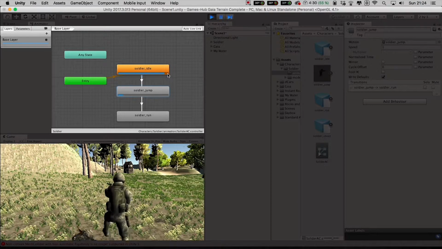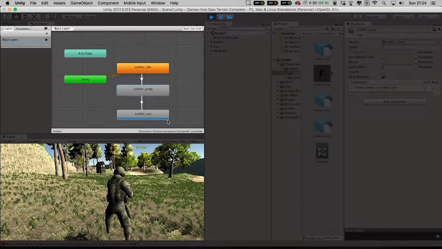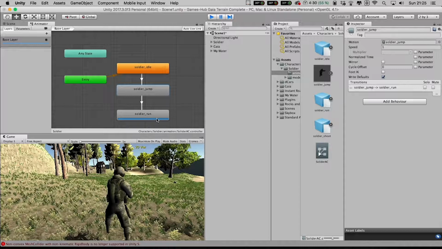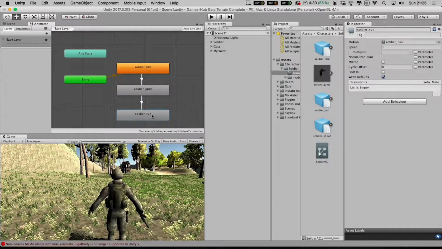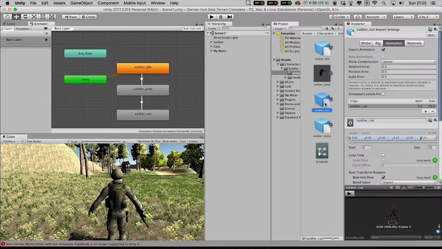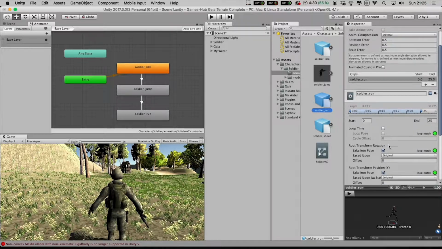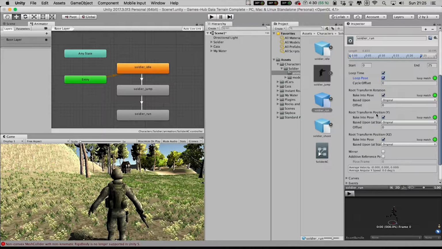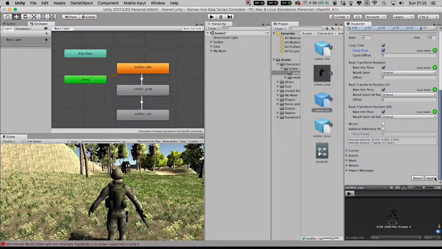So we've got our idle playing, then it goes into jump and it starts running. And run currently is also not looped, so if we wanted it to run continuously we'd need to change that. So if we just select our soldier run animation in our animation folder and do the same that we did with the idle, loop time and loop pose, and then we need to remember to scroll down and click apply,